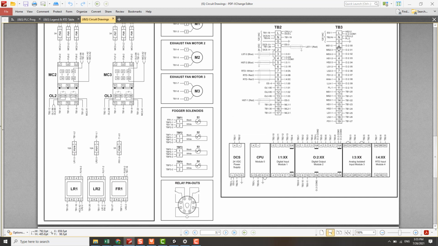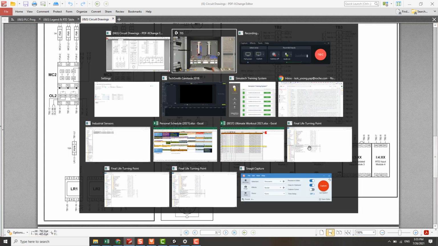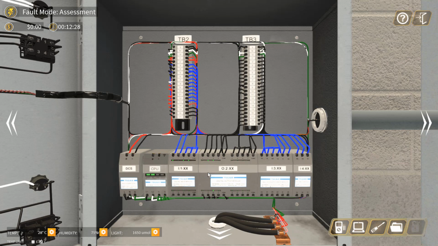So what we can do here is see whether there's an LED turned on. You can see PLC output switch module 2 channel 0, actually the LED channel 0 did not turn on. That means